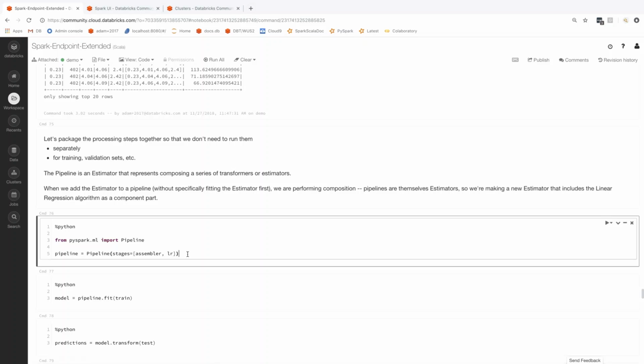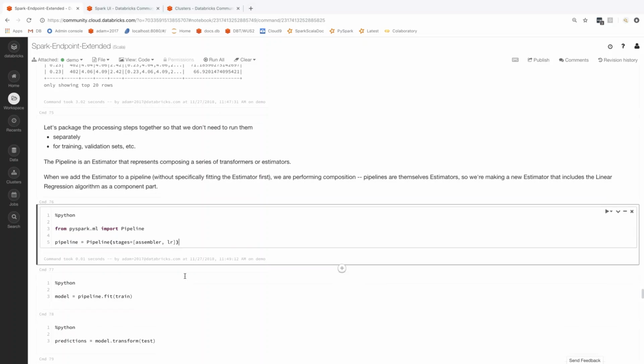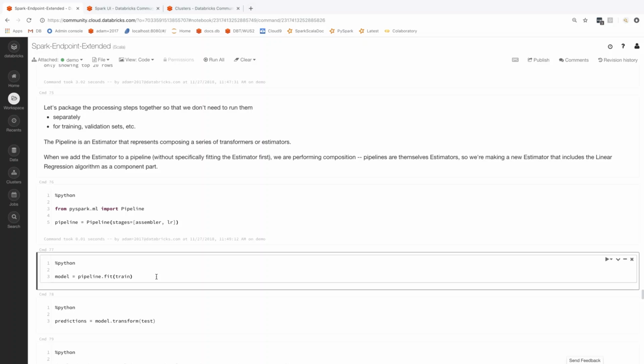The reason I didn't show it to you before is because I wanted to give you a little bit of a look at the basics, what's going on under the hood. But the easier way to do this in general is to create a pipeline that tells Spark what stages you'd like to use, in this case, a vector assembler, then a linear regression. And because all of the Spark transformers and estimators work exactly the same way, Spark knows what to do with those things. And it allows us to say pipeline.fit, and Spark knows what to do with the assembler, namely to transform the data, and what to do with the linear regressor, namely to do a fit,